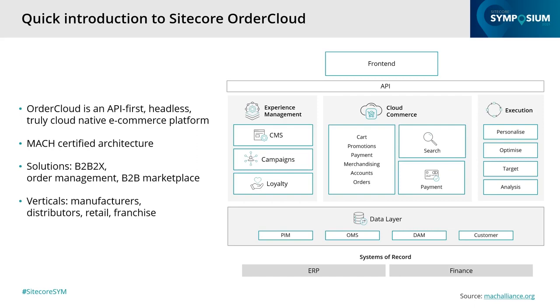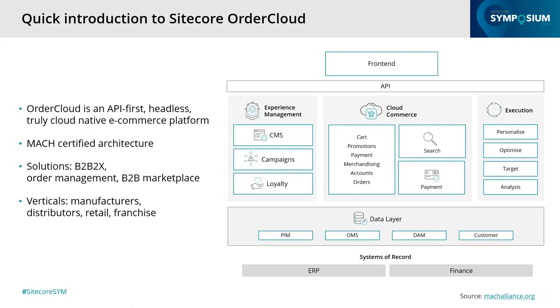Let's talk about Sitecore OrderCloud. What is Sitecore OrderCloud? Sitecore OrderCloud is an API-first, headless, truly cloud-native e-commerce platform. OrderCloud architecture is MACH certified. The MACH Alliance presents and advocates for an open and best-of-breed enterprise technology ecosystem. The ecosystem technology is